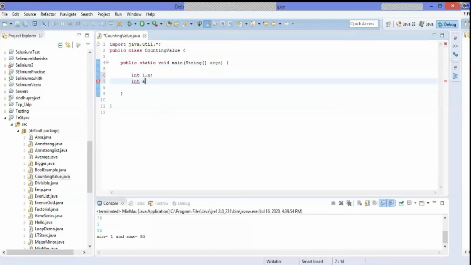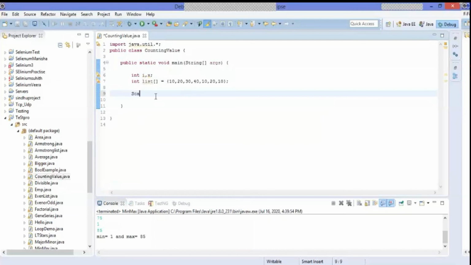So int list is equal to, so here I'm writing directly: 10, 20, 30, 40, again 10, 20, 10. Let's take this as my array. If you want to define a static array, this is the approach we use to store the data.